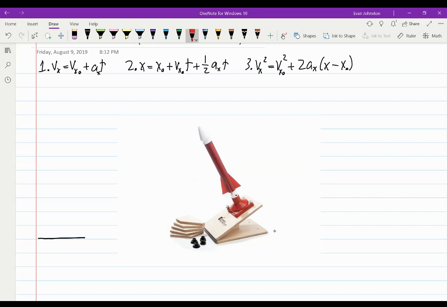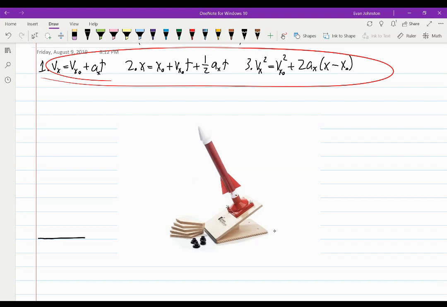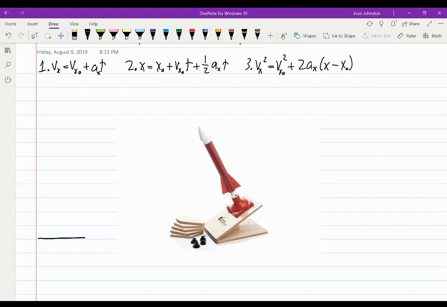Now, you might want to pause, take a moment, write down our three main equations, because there's a couple assumptions, and we're going to make sure that these assumptions are valid. That's really the focus of this today, so that from now on, you have these assumptions down, you know that they're legit, and then you can start applying them and using that for the future, okay? So the main idea here